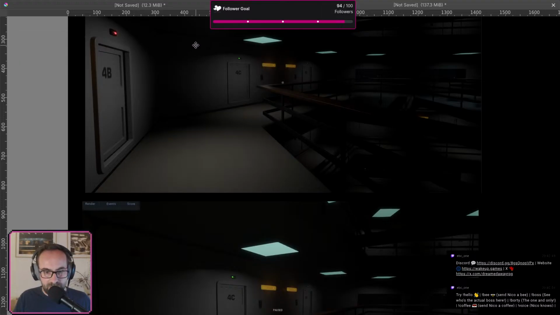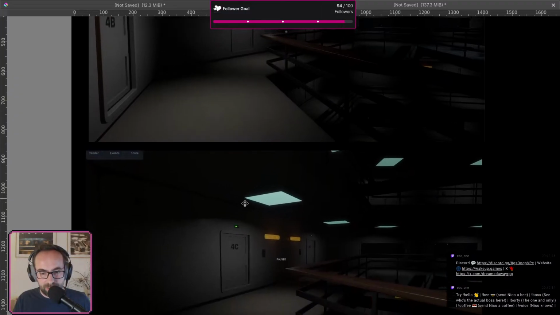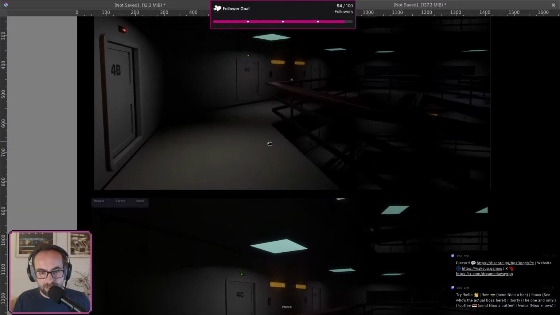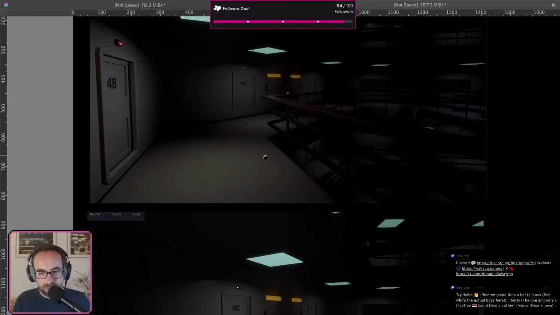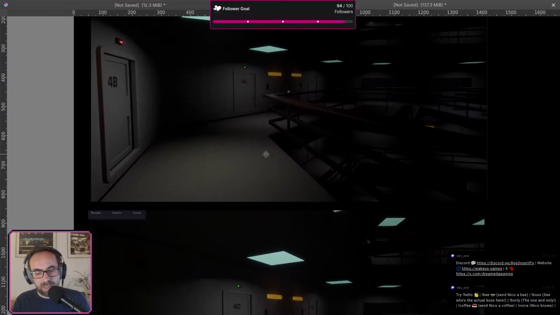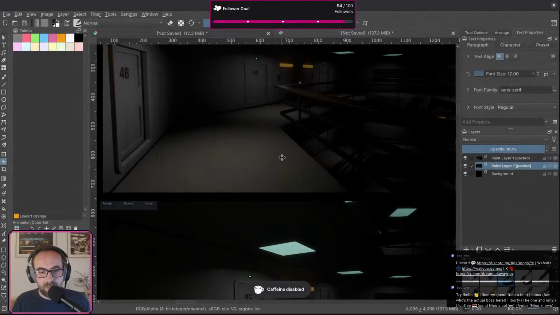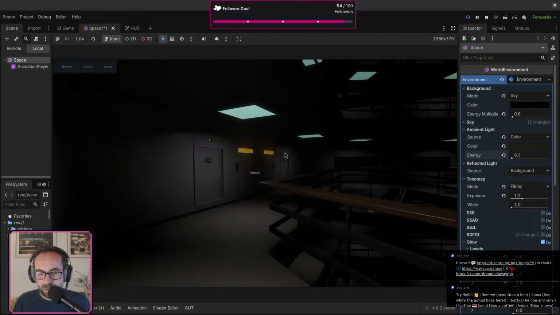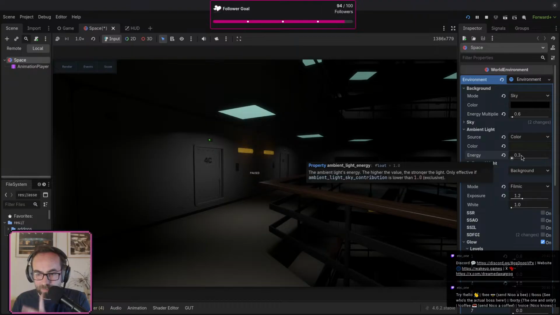Can definitely see this is just more neutral, I guess. This is a bit green, right? A bit. I don't know what to think about this, but it's a bit early to draw any conclusion because we haven't done anything else. I'm going to keep these for now, and what I want to do is try different tone